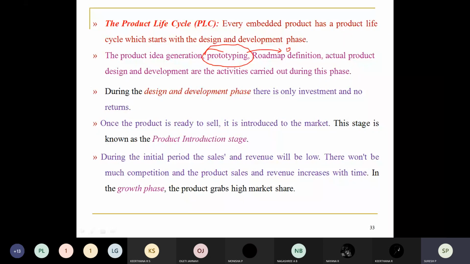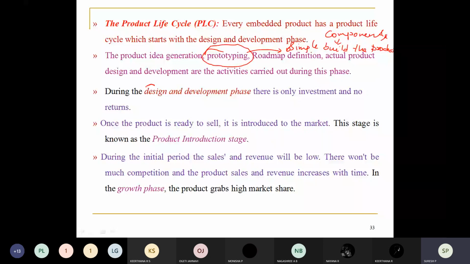Simple components are configured together to make that particular product. So in prototyping, they make use of simple components, and with the help of those components, they build the product. Then the actual design and development activities are carried out during this particular phase. So now in the design and development phase, you can see that it's going to have only the